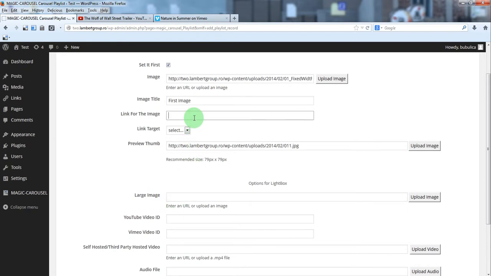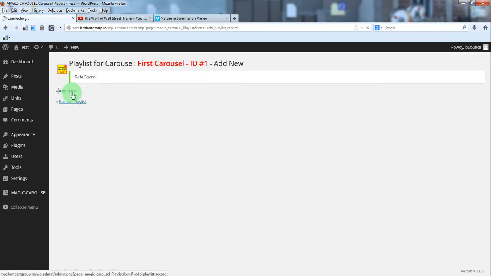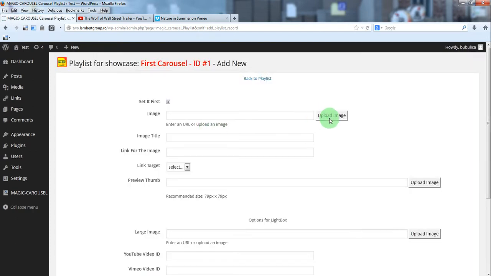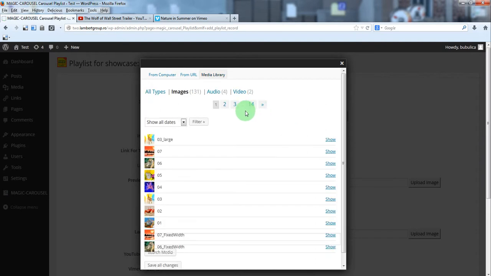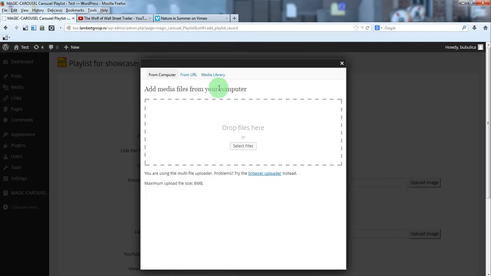The first image will have a link which will open in a new window. So add record. Now let's add a new example which will have a large image. First let's insert the main image and preview thumbnail.